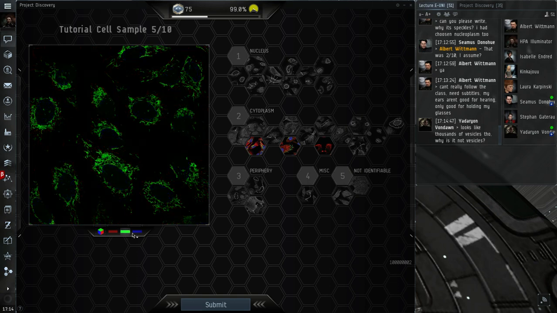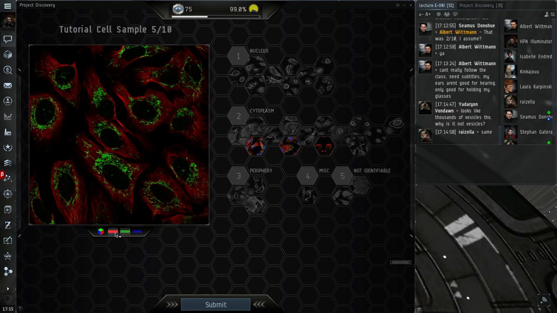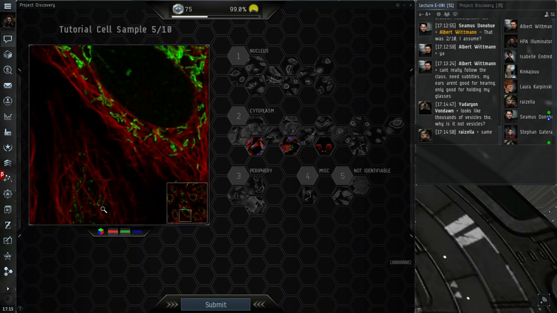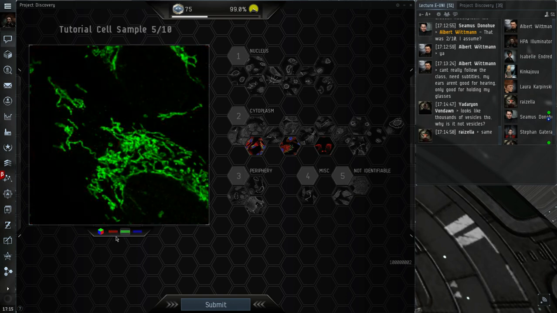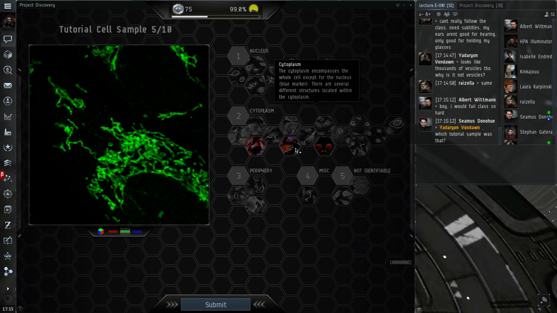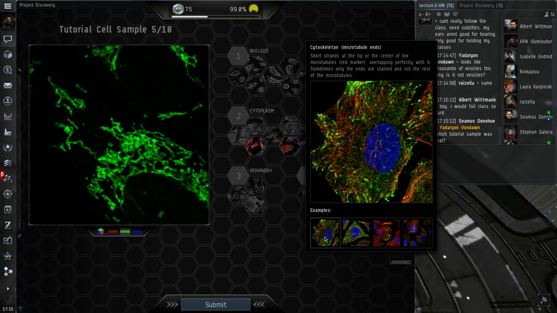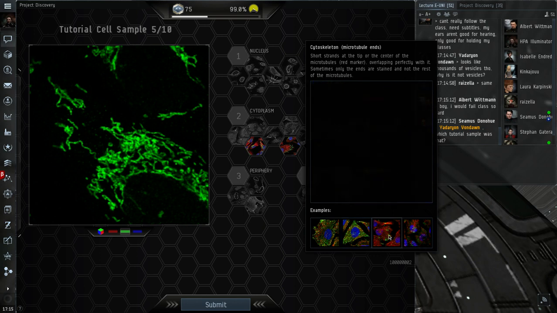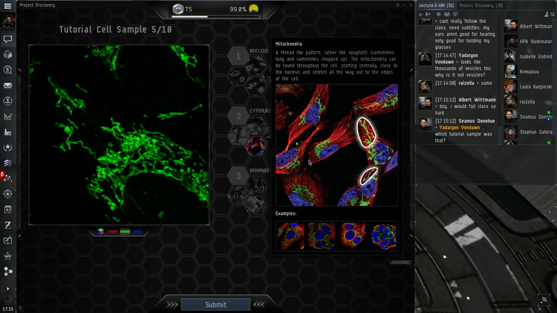Once again, we toggle on the green. We can see that it is not overlapping with the blue at all, but it is overlapping with the red. If we zoom in, we see very typical strands that sort of look like spaghetti. It is not cytokinetic bridges. It is not microtubule ends, which it might look a bit similar to. But in this case, it is a very typical mitochondria.